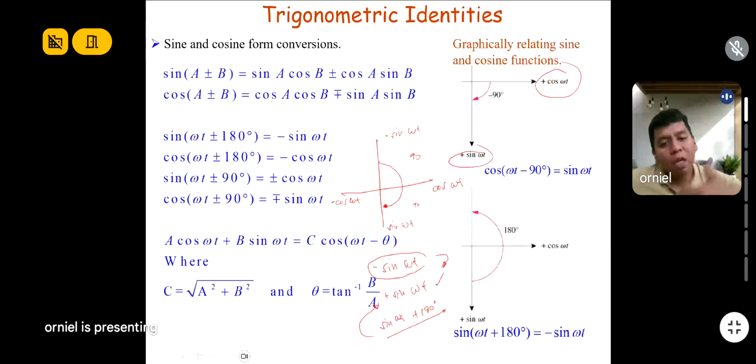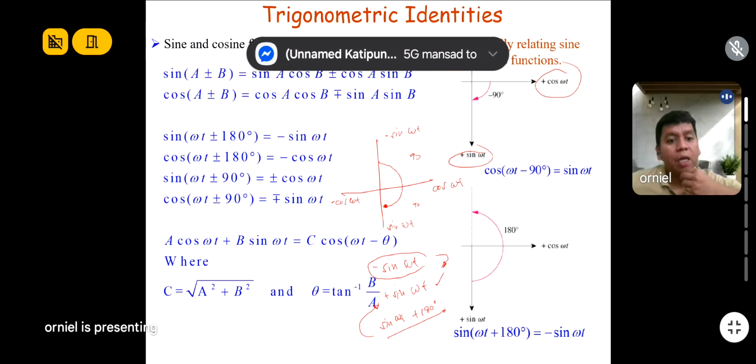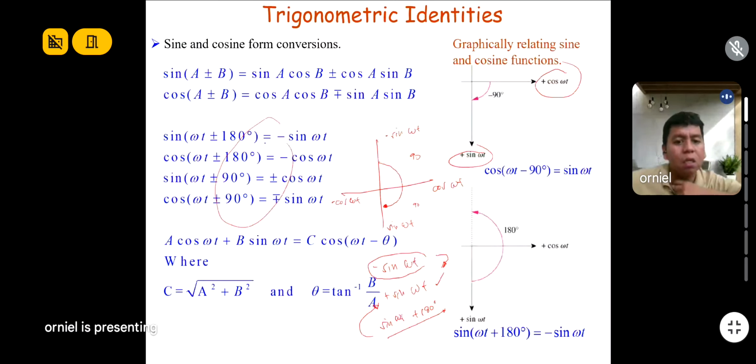As he said earlier, you cannot compare the two if their operations are different. So if one is negative and the other is positive, to compare the two, the reference must be positive sine. So you convert from negative sine to positive sine. Normally, you can have this actually, you can memorize this if you want to, but I suggest not memorizing.